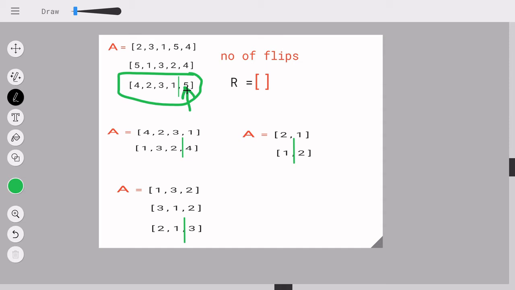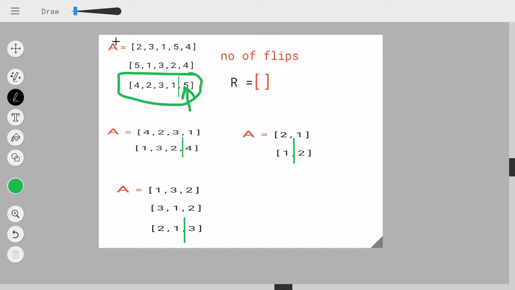Now once I know that my 5 is in my last position, basically my length of array is 5 and the integer 5 is also in the last position, I know that my 5 is sorted and I don't have to worry about that integer. So I'll just pop it out from A, which is the original array.